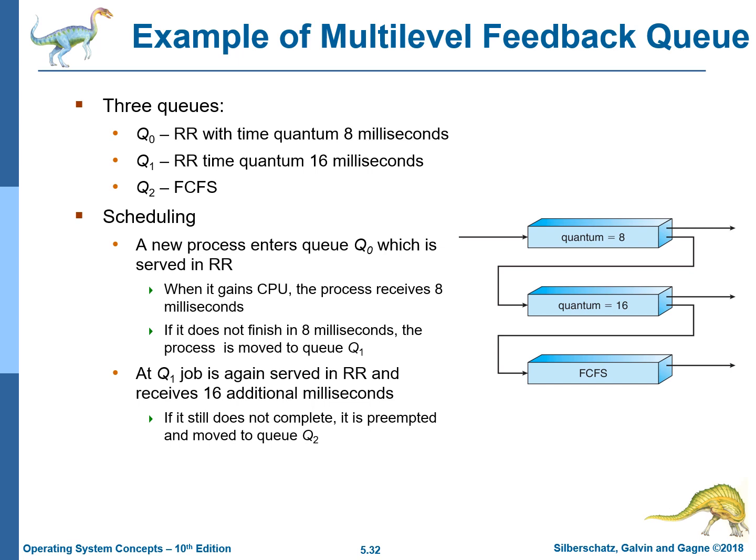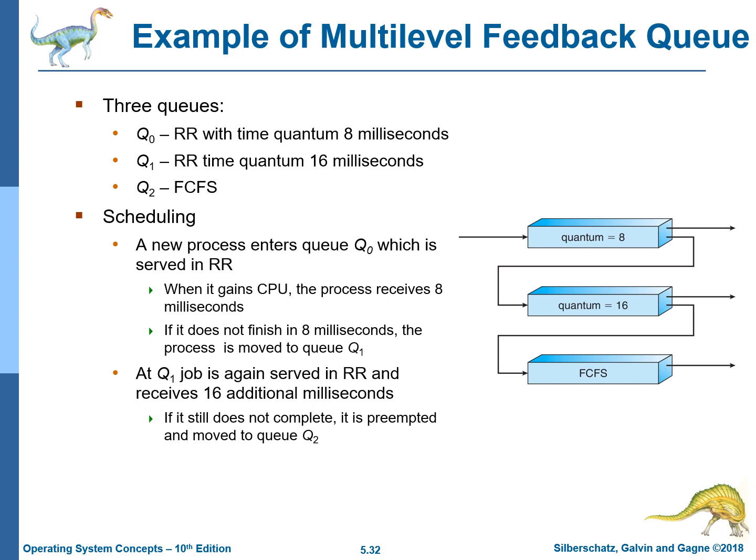This is an example of a multi-level feedback queue. There are three queues here. Q0, round robin with time quantum 8 milliseconds, Q1, round robin with time quantum 16 milliseconds, and Q2, first come, first served. Scheduling: when a new process enters Q0,